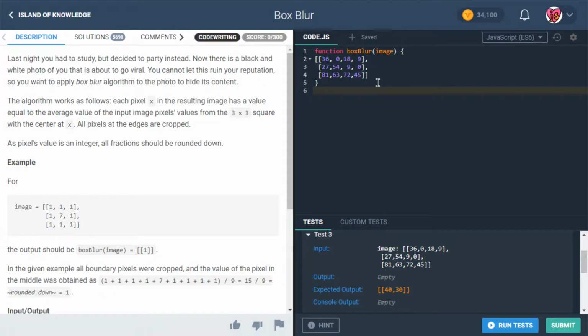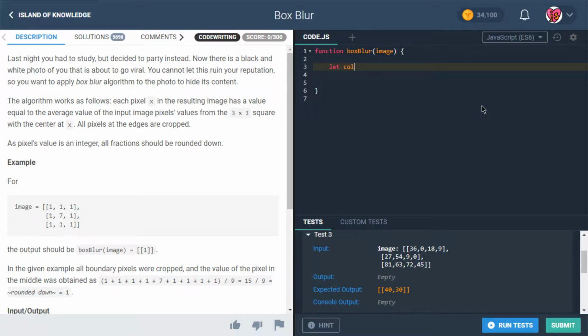Okay, so there are a few ways that we could take a look at this problem. I mean, one way is that we could sort of create a new matrix to fit our blurred image. And then from there, we can find the values for each of these pixels, like the new pixels, by taking a look at kind of the surrounding region in the original matrix image. Okay, so let's try that first of all. So first of all, I have a feeling I'm going to have to use the dimensions a few times here. So I'm going to say